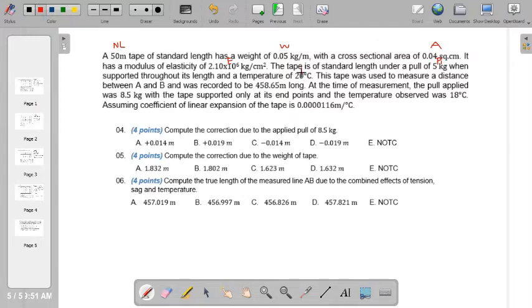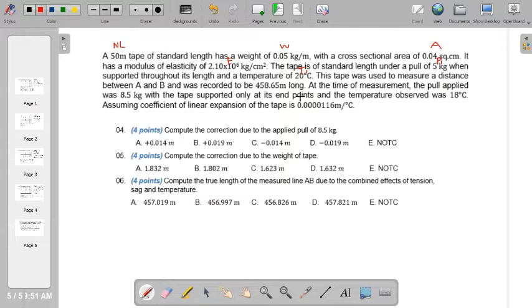So therefore, this is our T1. Kasi, sabi niya dito, yung standard length daw ay naging standard siya nung may application ng force na equivalent to 5 kilogram at yung temperature ng time na yon is 20 degrees